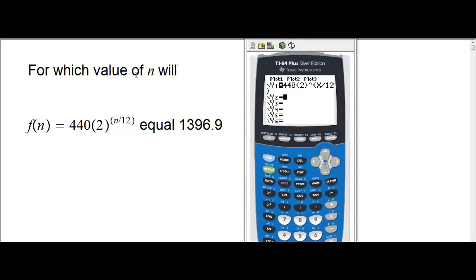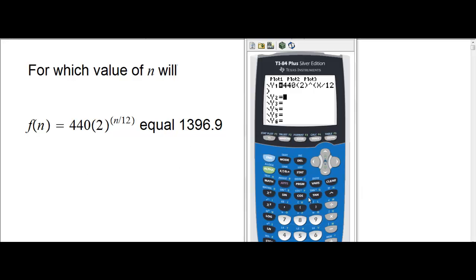So you have to find the value of n for which the value of this function will equal 1396.9 units. The first thing I did was enter the function as this y1 in my graphing calculator. Then our book wants us to use the trace function in order to obtain the n value, so that the function value is